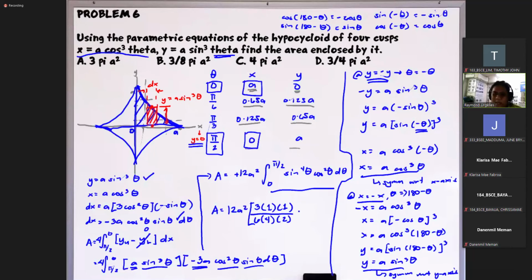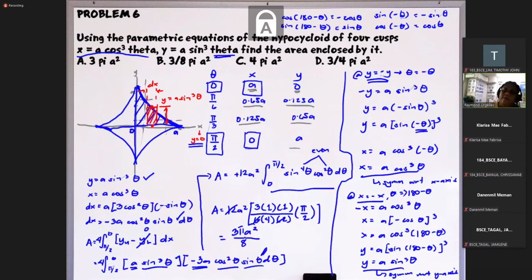Right? So then this is multiplied by alpha. Again, what is our alpha here? These are both even numbers. So alpha is pi over 2. So we have pi over 2 here. Okay? So then this will be given by, 6 times 2 is 12. So we can cancel this. 3 times 1 times 1 is 3. So we have 3 times pi times a squared. Then in the denominator, just 4 times 2, so we have 8. So we have 3/8 pi a squared. So we have letter B.